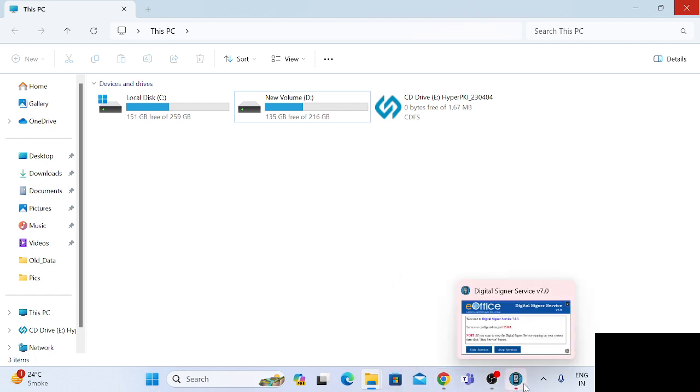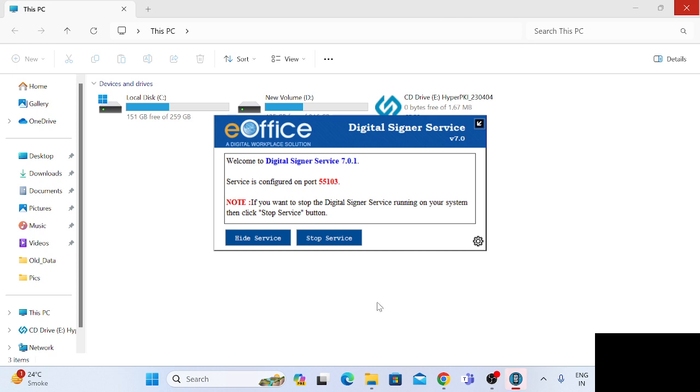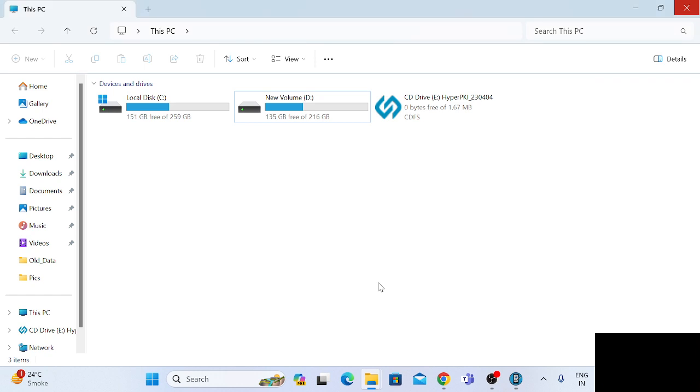A confirmation window will appear, showing that the signer service is configured on port 55103. If I click on hide service, it will be minimized. If I click on stop service, it will be stopped and disappear from our menu bar. So let it be as it is. The signer service is installed.